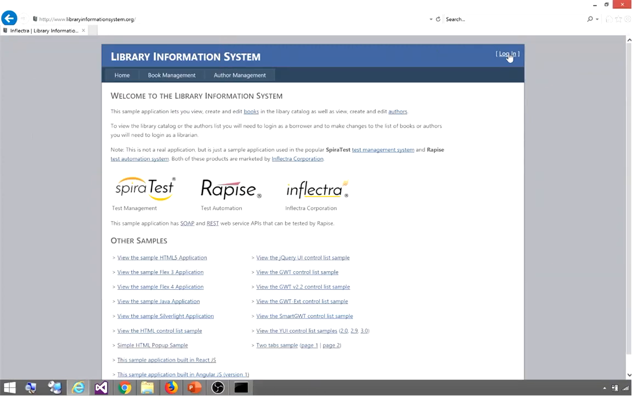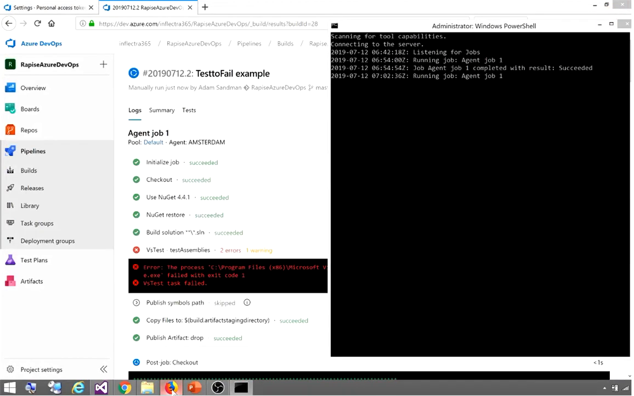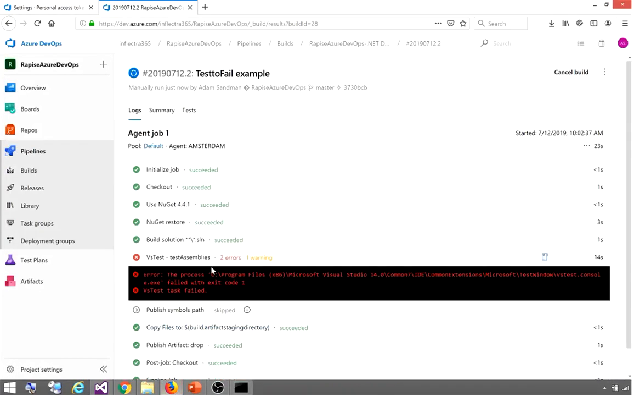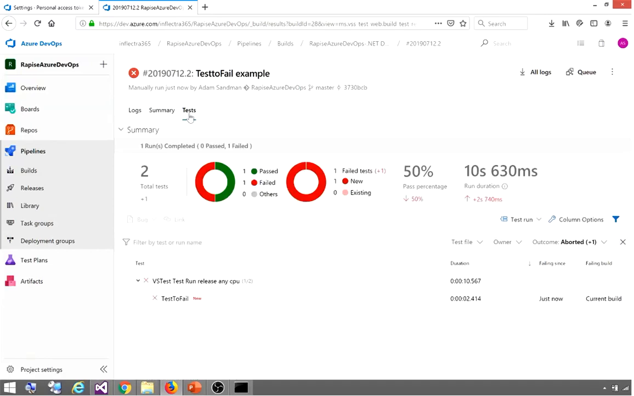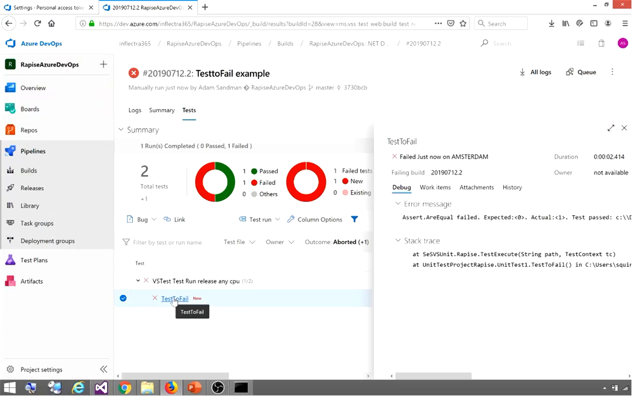Okay, the second test is executing. Let's go to the dashboard, and we can see that some of the tests failed. To see what was wrong, let's go to the Tests tab. Here we can see that one test passed and one failed. Here is the list of failed tests. I can click on the test. I can see